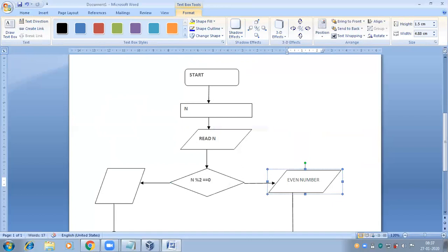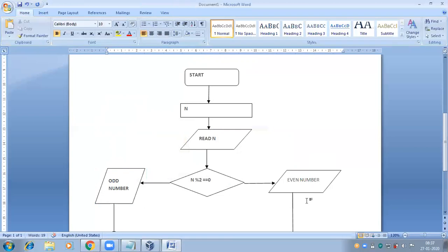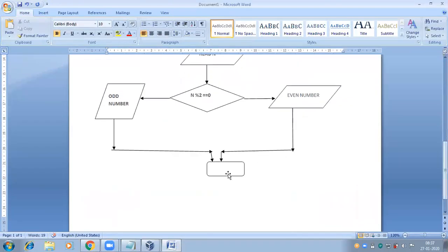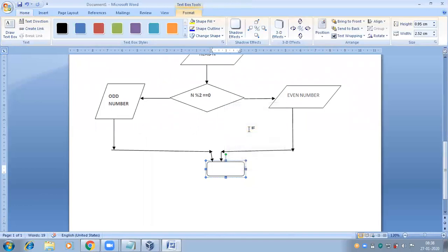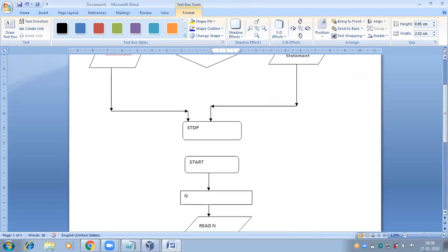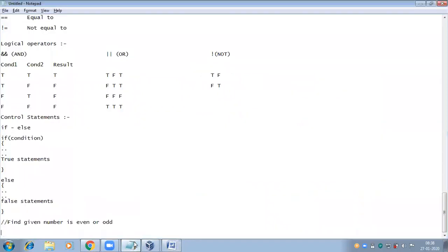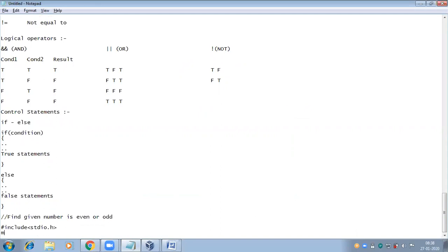If the condition does not get satisfied, then odd number. Then end. So according to the flow chart, here I'm giving the statements.